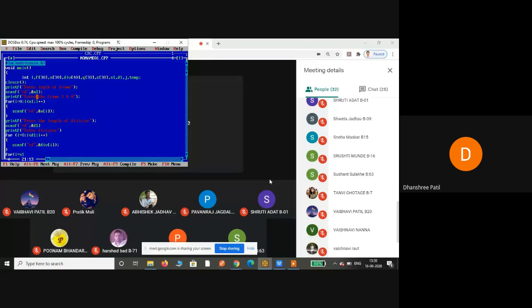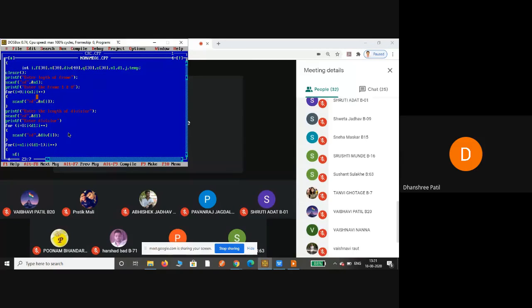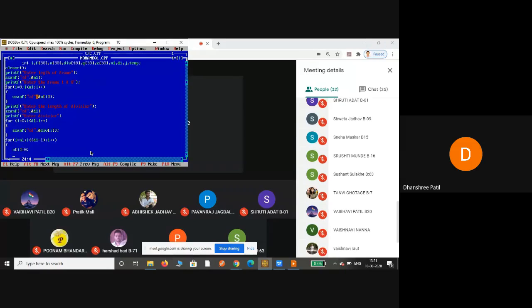I is equals to n1, then comma I is less than d1 minus 1. Why d1 minus 1? d1 मध्ये काय स्टोअर केलेलं आहे आपण डिवायझरची लेंथ केलेली. ओके, d1 minus 1 and I plus plus. ठीक आहे, ह्याच्यामध्ये काय होणार आहे मला, तर n of I is equals to 0 होईल. Means after the length of the frame, zeros will be added in your frame by using this for loop. सगळ्यांना समजलं हा फॉर लूप काय केलेलं आहे, कशासाठी घेतलेलं आहे, just to add number of zeros at the end